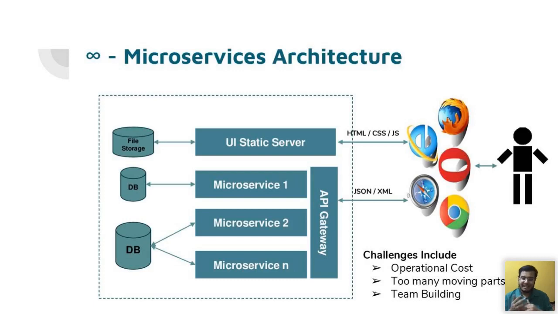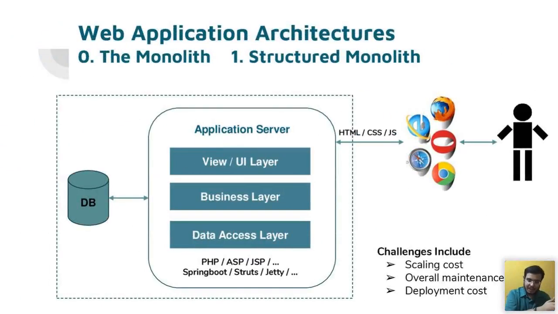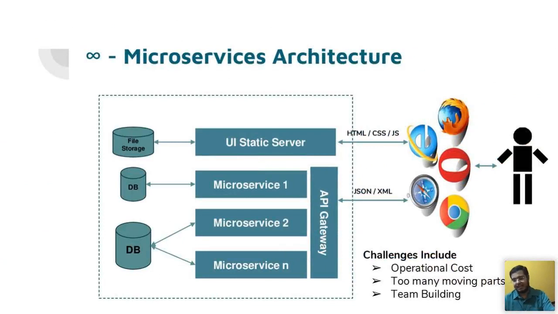The third challenge is, as I said, a number of teams may be required. Team building is quite difficult. You need to be an expert in the entire process of that microservice, be it development, testing, or deployment, and all that. I assure you that many organizations today are trying to go from the monolith to microservices architecture. A lot of companies have also succeeded in this process, right? And they are seeing returns. Even though the cost is high, by way of customer satisfaction and faster delivery, they recover the cost. So that cost becomes investment, and they start seeing profits, right?